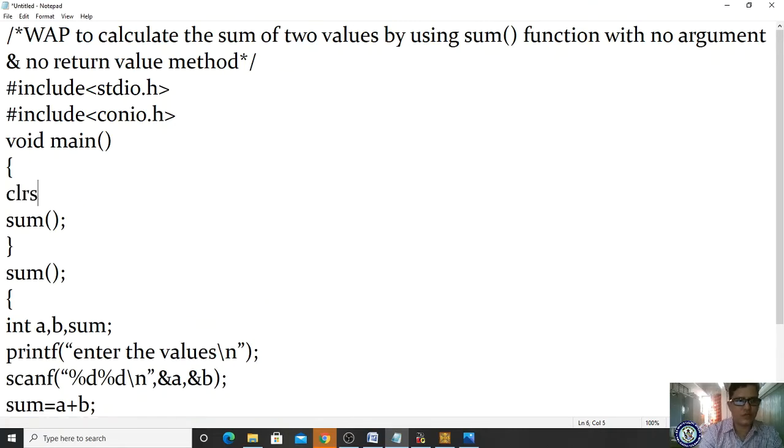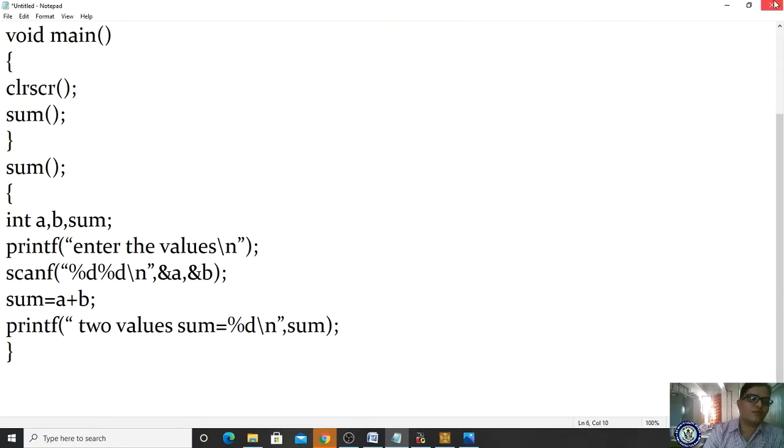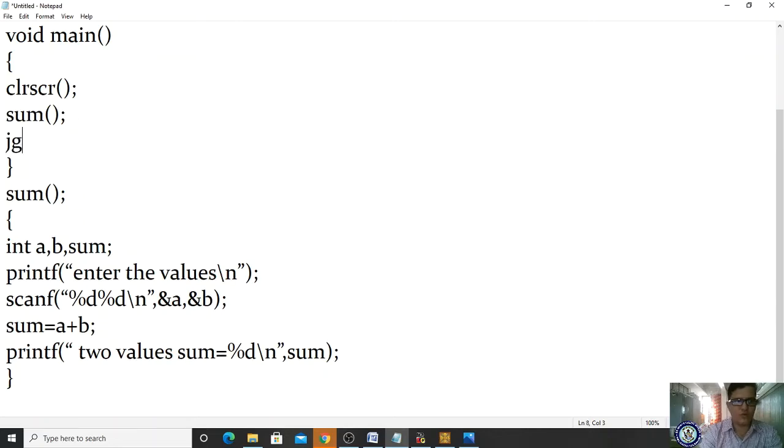Okay, clrscr. Now what is the name of the function here? Sum. You are calling it. After calling, control will go here. The function body should not have a semicolon, right? Yes, here you are processing int a, b, sum, and you are writing enter the values, enter the a and b values.